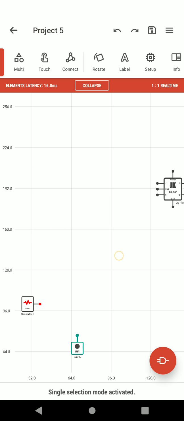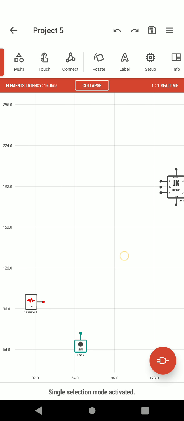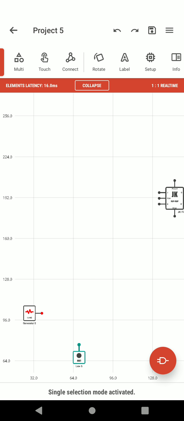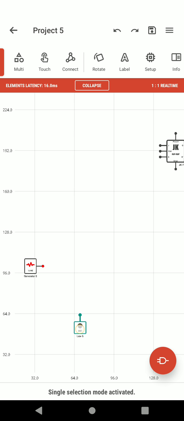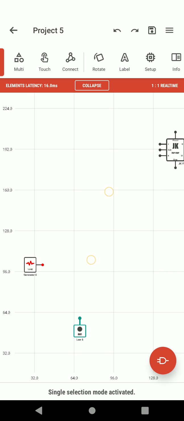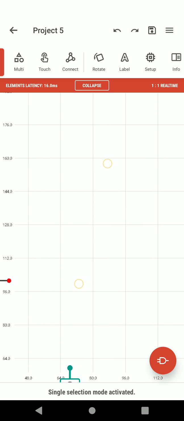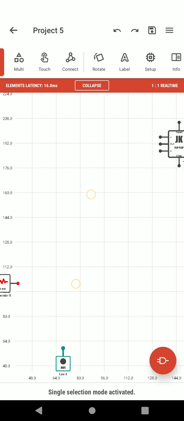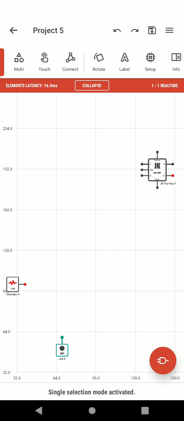So let's place this one down. Okay, now we need to give connections. By moving the two fingers apart, we can maximize it, or bringing the two fingers nearer, we can minimize the screen.